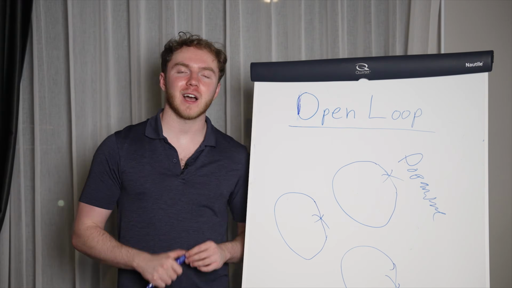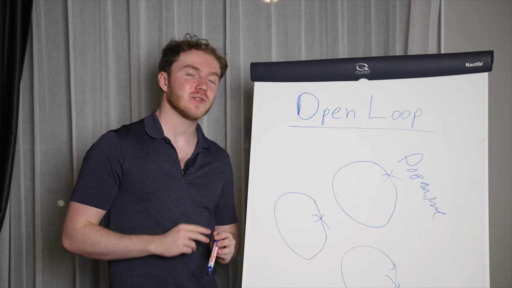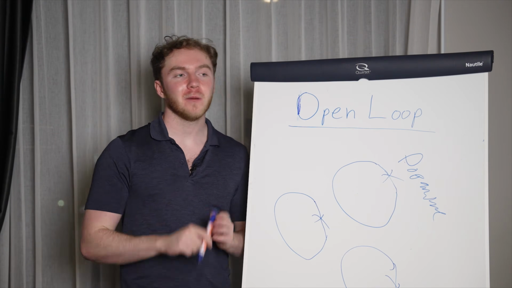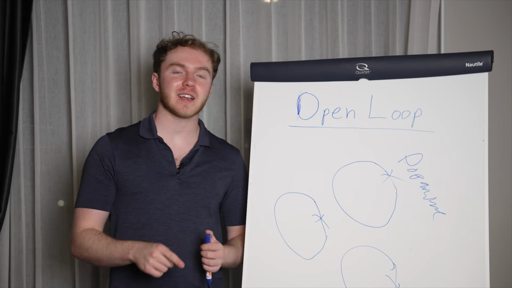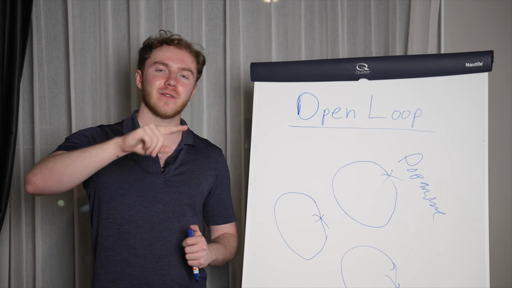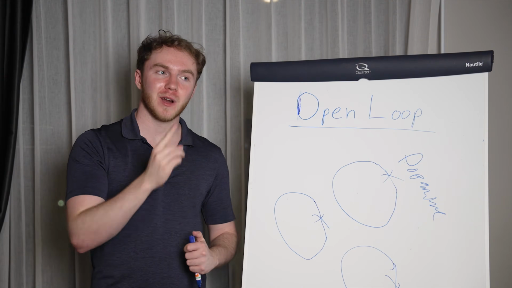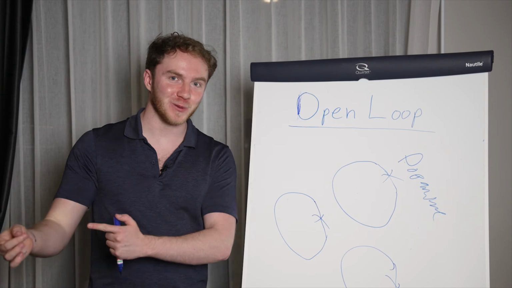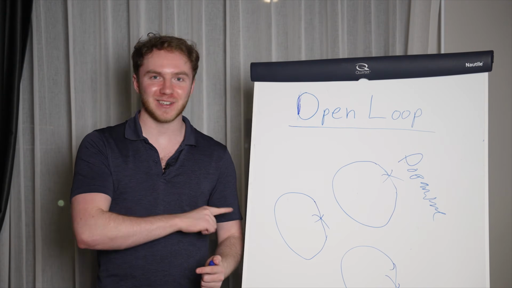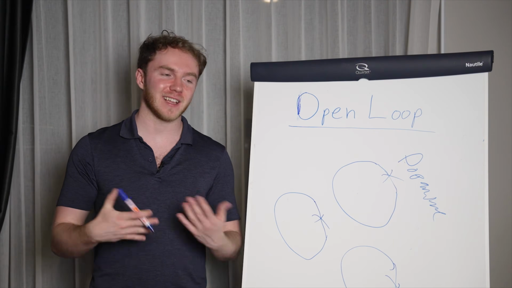The optimal amount of times that you should open a loop in your script is 10, because in each act you should open a loop 3 times, plus 1 in the intro. So 10 in total. So in each act it goes open loop, payoff, open loop, payoff, open loop, payoff. Now, you're probably wondering what a payoff is. And that's a good example of an open loop, because now I'm about to close it for you, and then you're about to learn something that's gonna get you more views, make you feel good, and at the end of the day, that's what we're all here for.